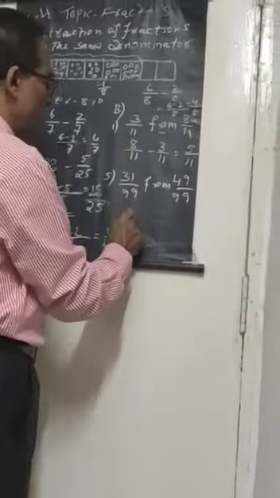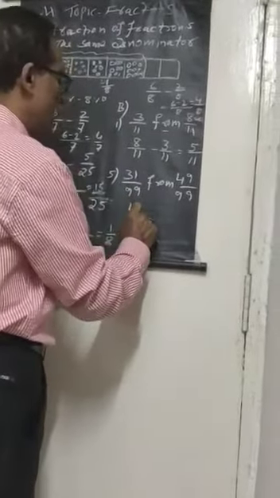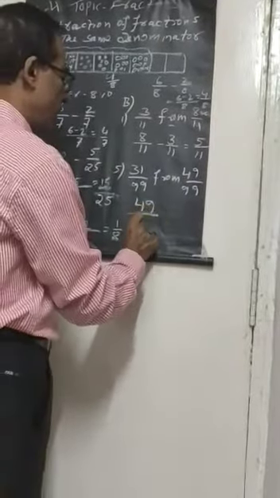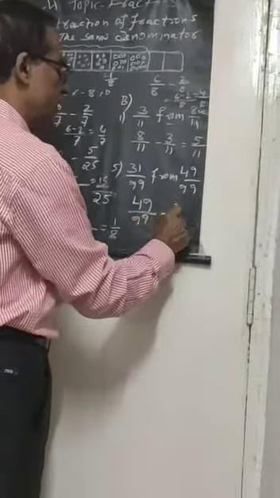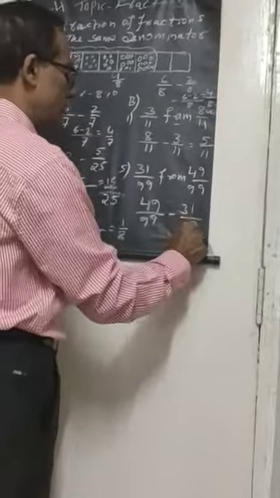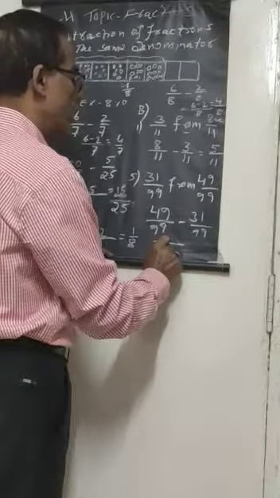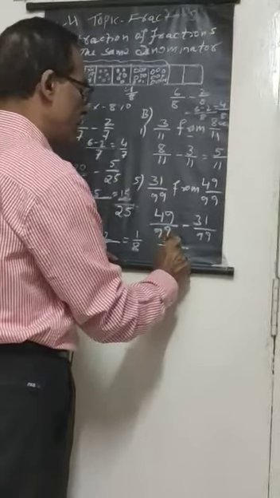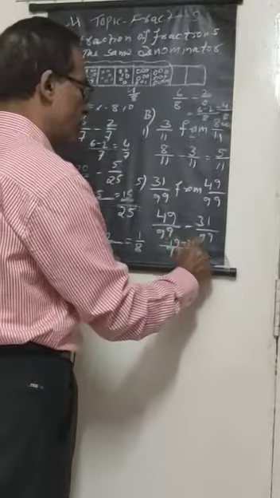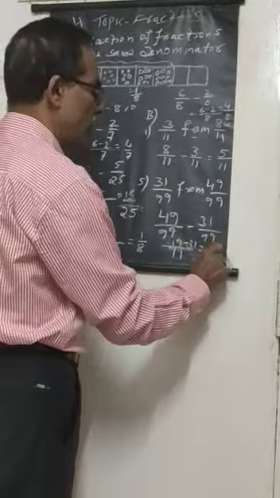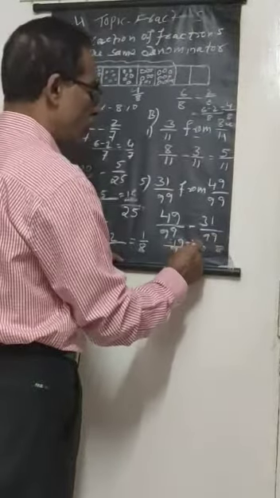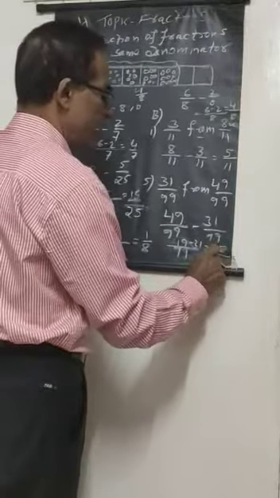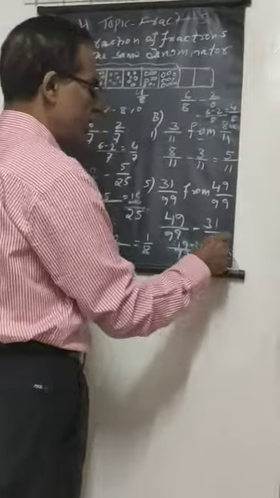Like this. Fifth one also. First sum and fifth sum. In the fifth sum also you have to write 49. First is 49 by 99 minus 31 by 99. So here, 99. 49 minus 31. From 9, 1 gone, 8. 4, 3 gone, 1. So this answer is 18 by 99.